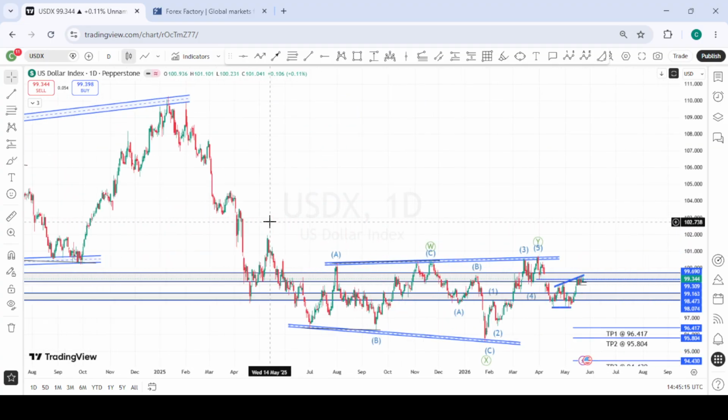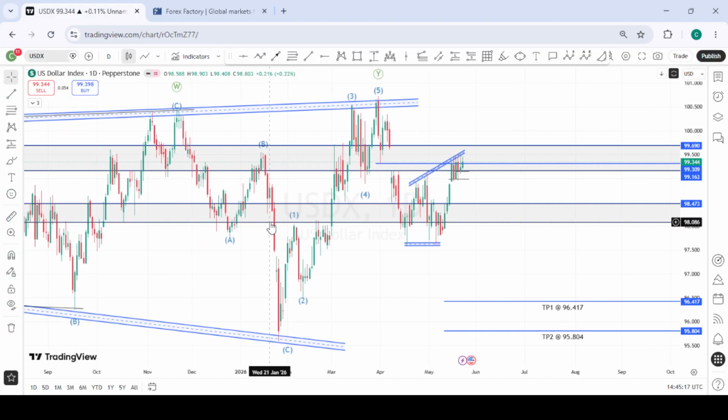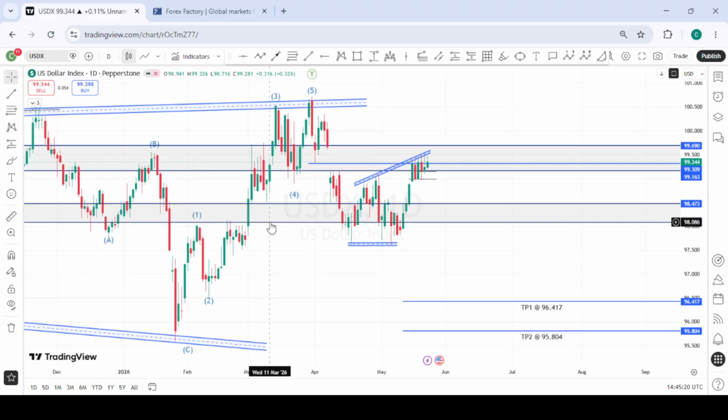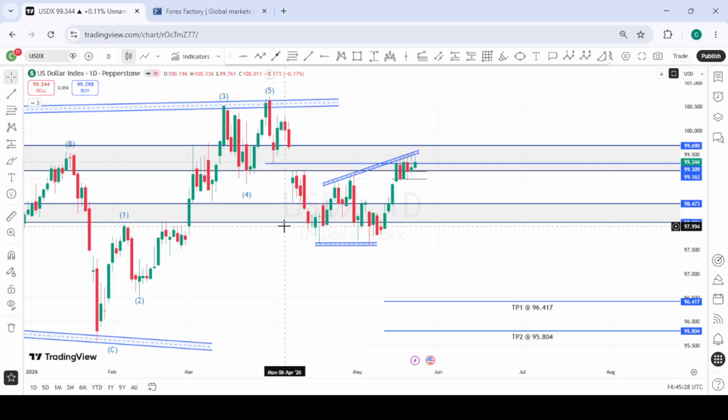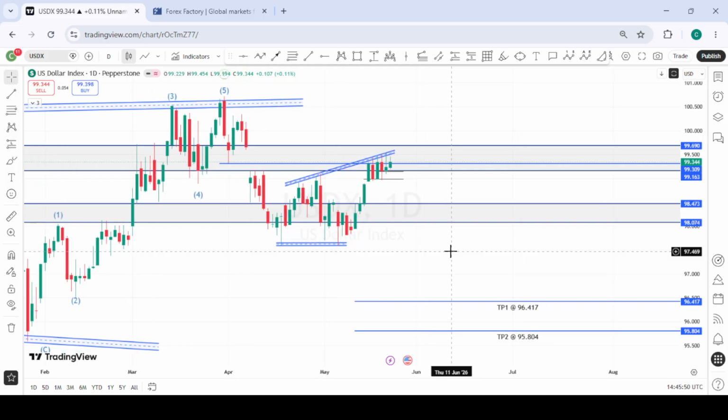So this is DXY, and considering what is happening on Brent crude oil and WTI crude oil, if Iran and the US are able to conclude on a peace agreement, we are likely going to see the DXY fall. As we can see, DXY has retested an area of interest, and it is showing some signs of divergence or reversal within this area. So if there's a peace agreement, then we see DXY fall from here to the downside.